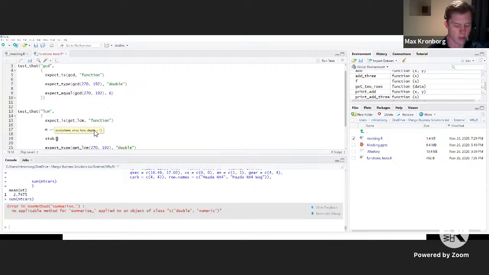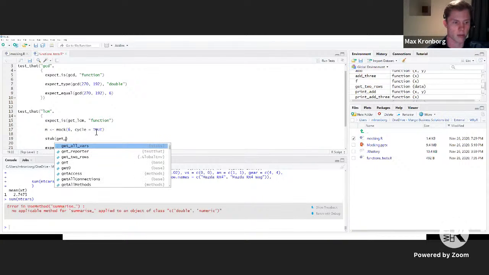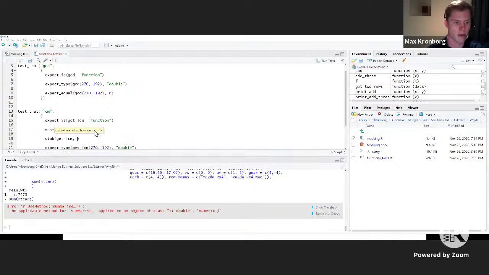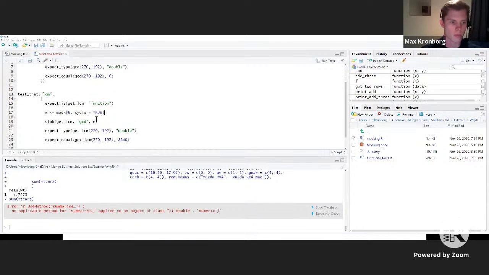And this is what I was saying earlier. So we're going to stub out something in get LCM. And the thing that we're going to stub out is the GCD function. And the result that we're going to replace it with is going to be this mock that we've created up here. So what that'll do is just query this one to get the result of 6 every time, which is not that complex. We could have just written 6, but we're going to use this, for example, expect called function to test that things are happening correctly within the function that we write, which will begin to make sense to you once I write it as well.